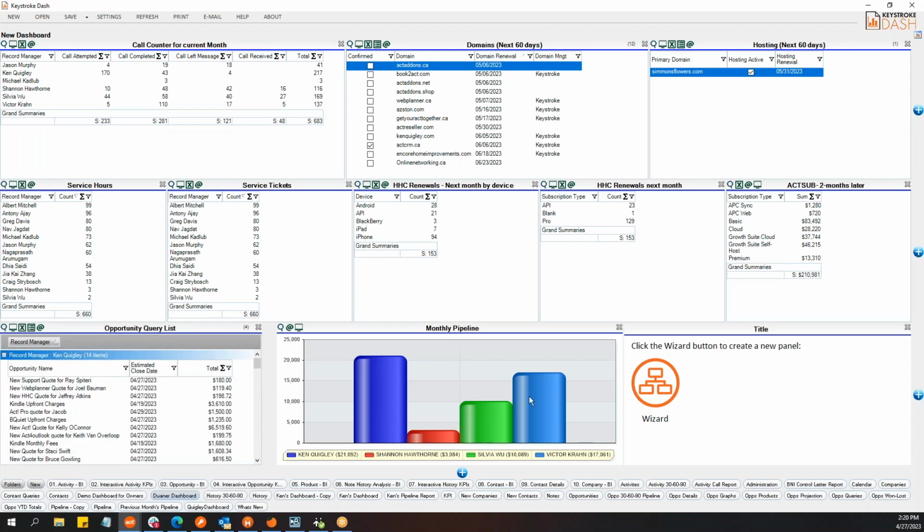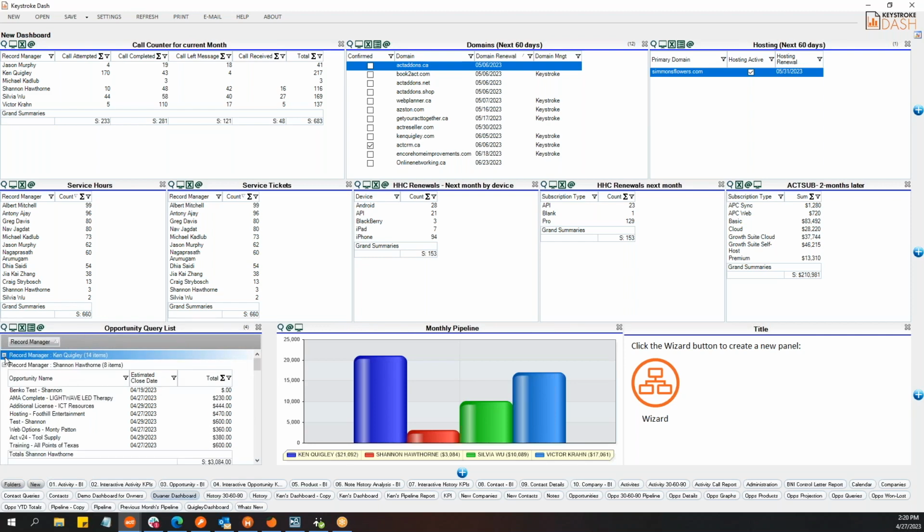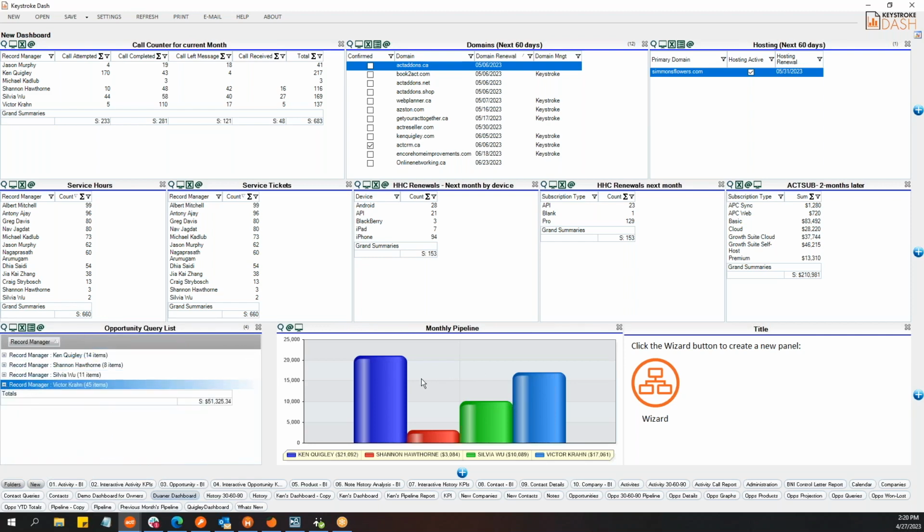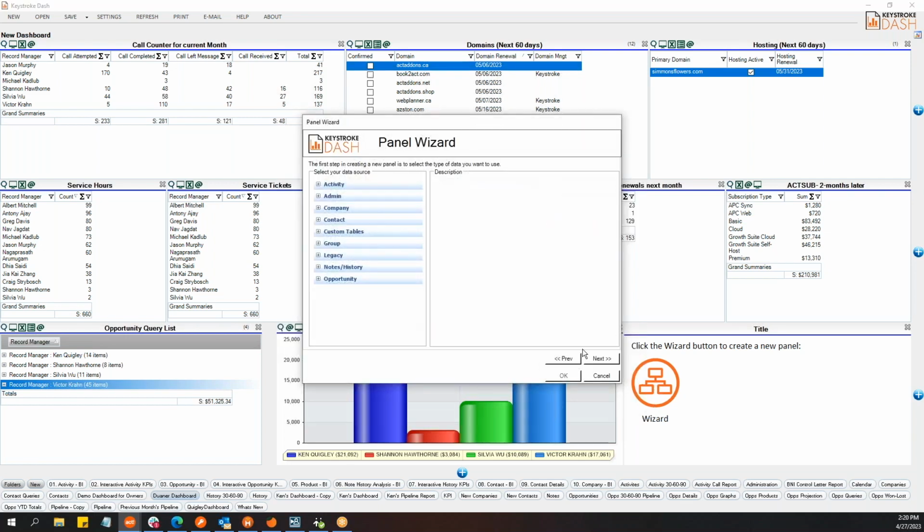Okay, here is my pipeline. Let me just close all this. So here's my pipeline. It's showing a graphical representation of what's over here, okay? But what I would like to do is actually build a sales report. So I'm going to go through what Lubs did, but with the opportunity table, and I'm going to click here, opportunity query,